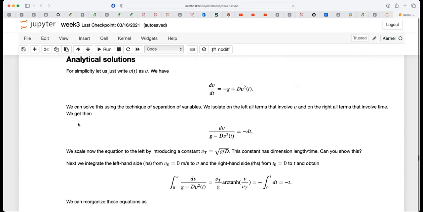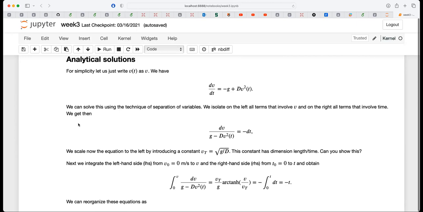And the specific problem here is an object which now is falling in one dimension. We have minus g, which is the gravitational constant, the gravitational acceleration. But then we have made a model for the air resistance. So this will change depending on the velocity of the object which is falling. If the object falls fast, then experiment. So this equation you see now for the acceleration is an experimental quantity. So there is no fundamental law for it.